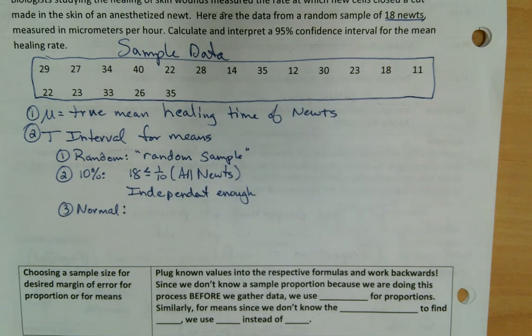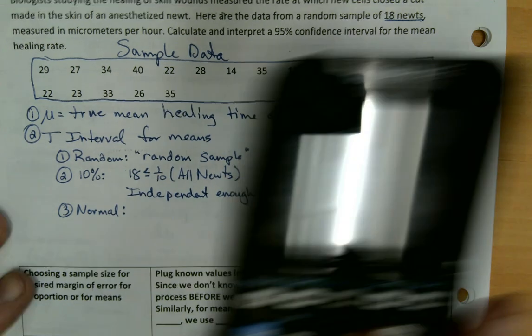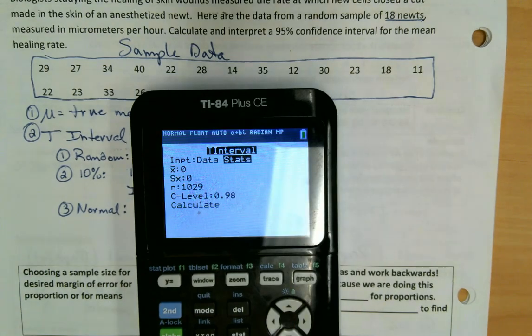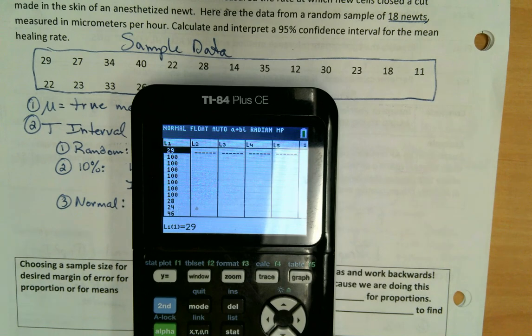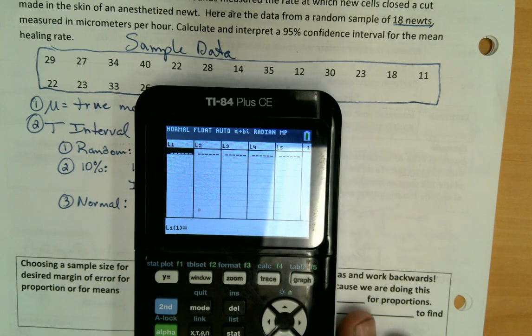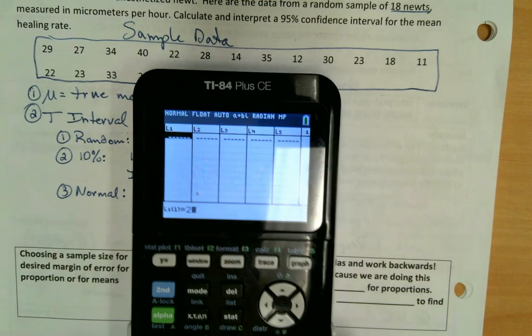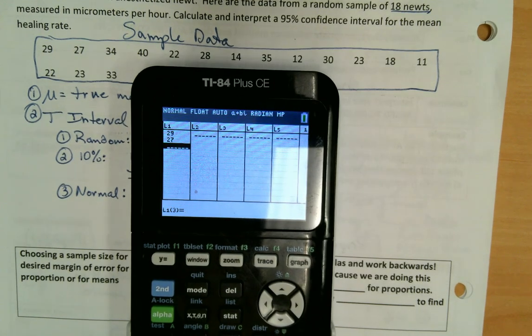Mr. McNeely, you're going to make us go back to chapter 1 and remember that stuff? Yes. Go to our calculator, and we're going to put that data into list 1. So going into list 1, we're going to type in our 18 data points. 29, 27, 34,